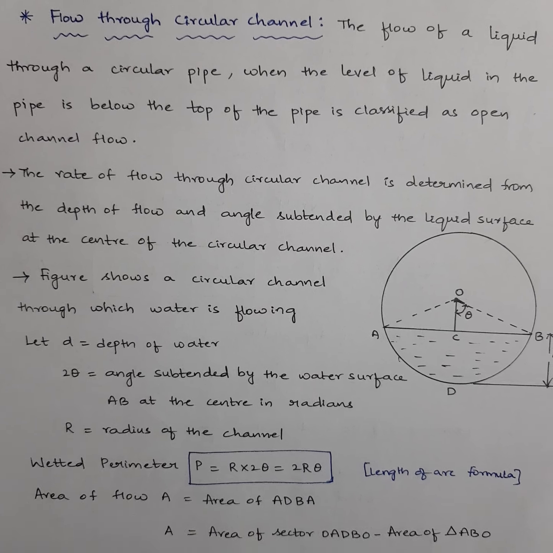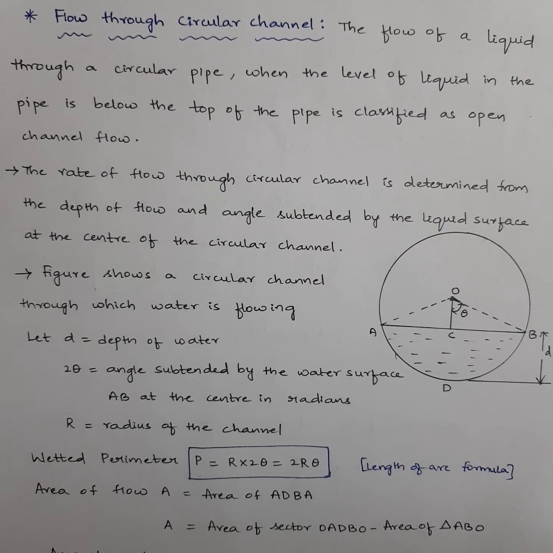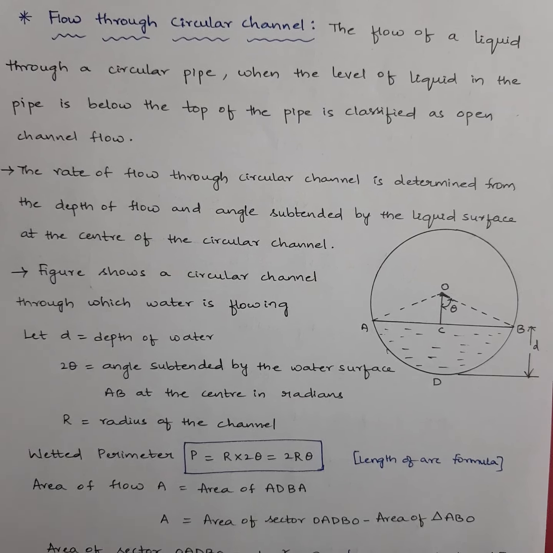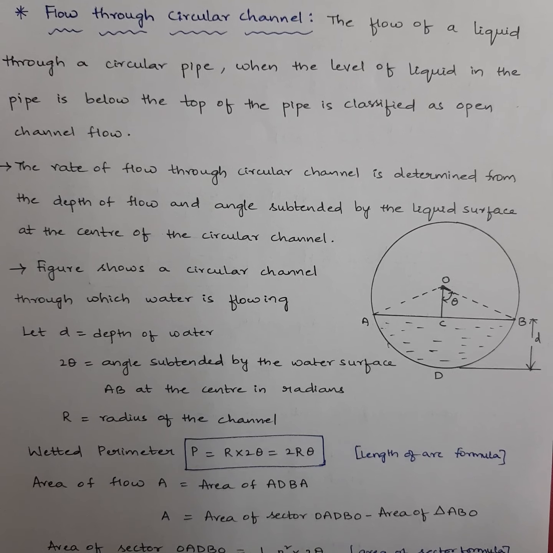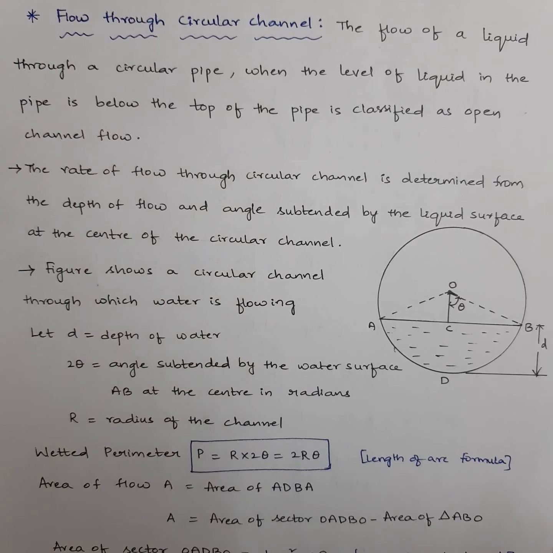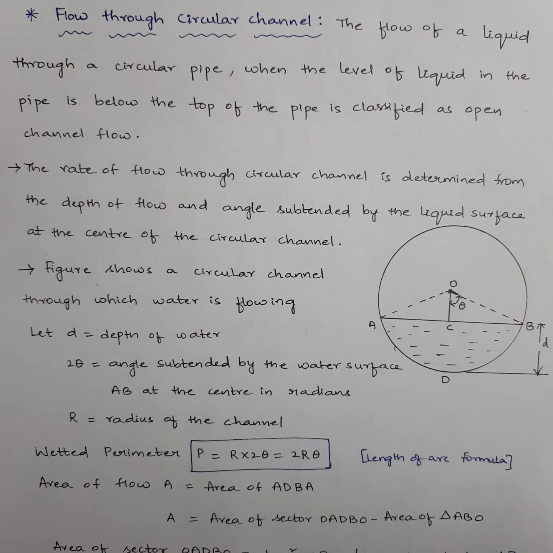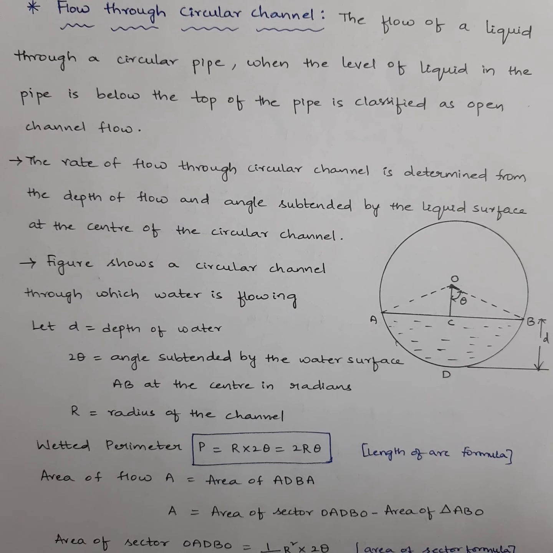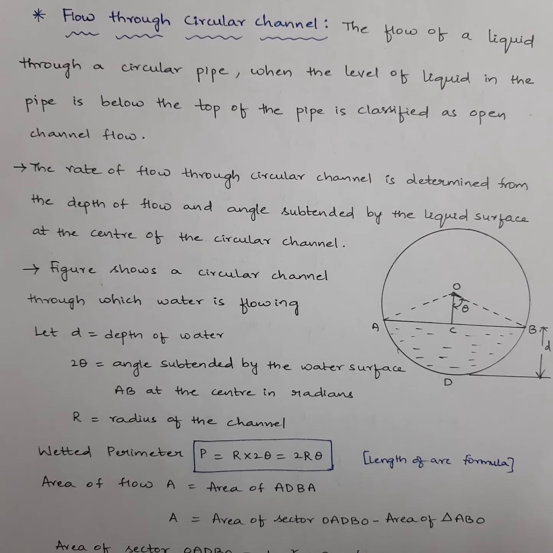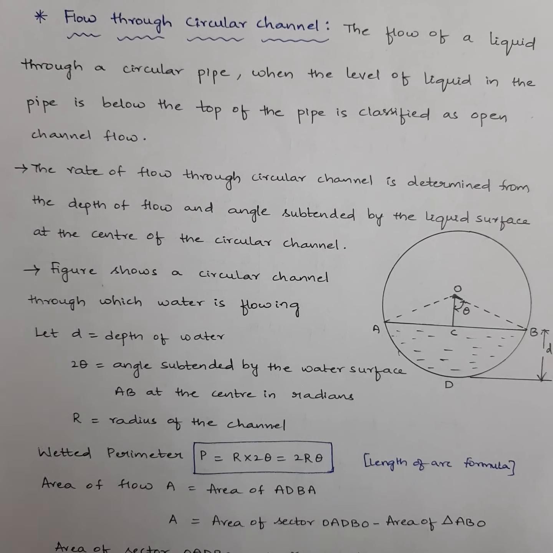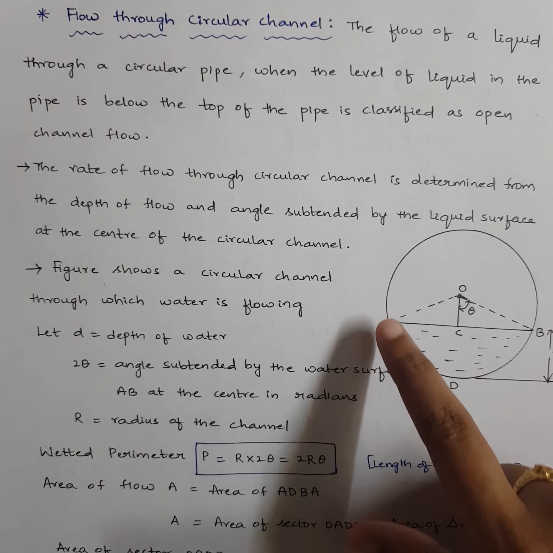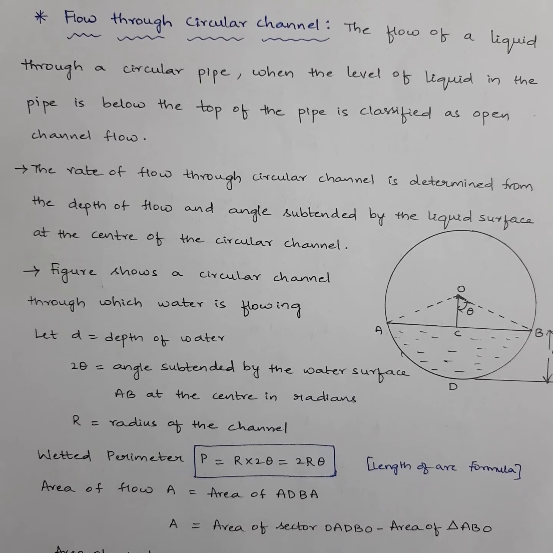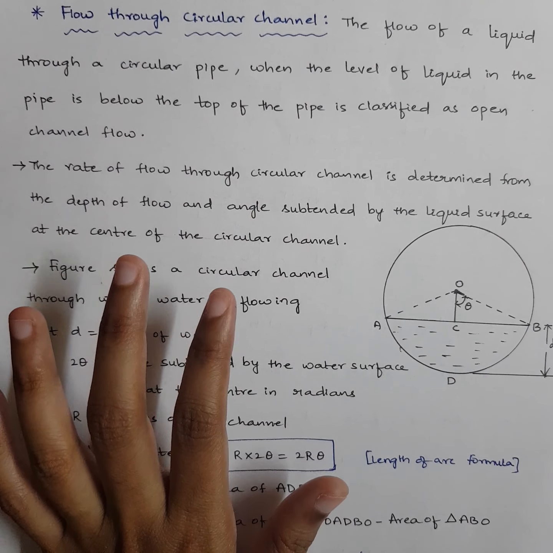All right, now let's go for the third section, which is our circular section. But friends, what happens in circular section is, if you observe in rectangle or in trapezoid, the base of the channel was horizontal, right? So you marked D very easily. So we can keep the D value constant, correct? But when you observe a circular channel, the depth of flow cannot be maintained constant. Why? Due to the geometry. Your circular channel will be something like this, right? So due to this circular geometry, the water will be tilting. The depth of flow, means the D, will not be constant, correct?